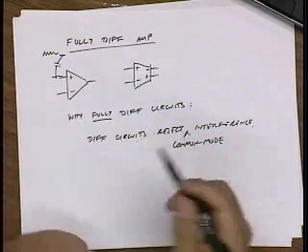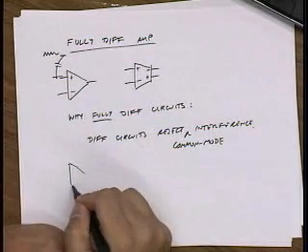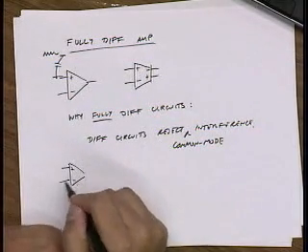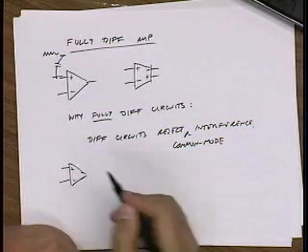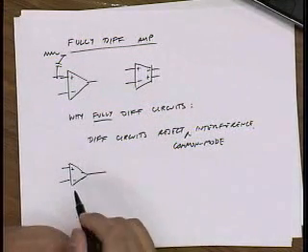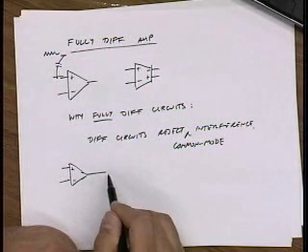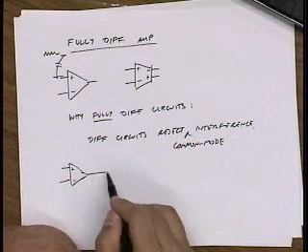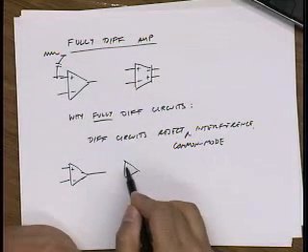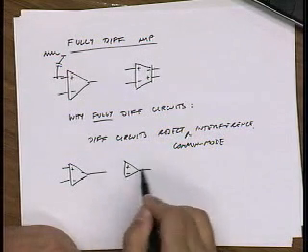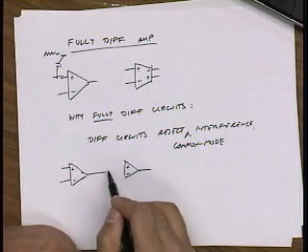So for instance, if I didn't go fully differential, one argument I could make is that, well, then you're going to pick up noise on the output, right? And then you actually would like to go into another differential amplifier to reject that noise, but somehow I need to generate